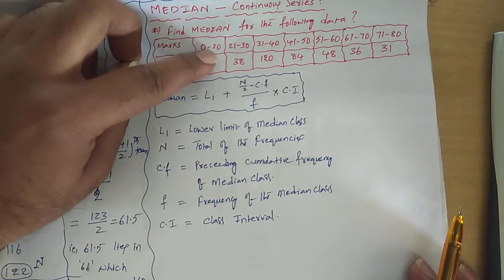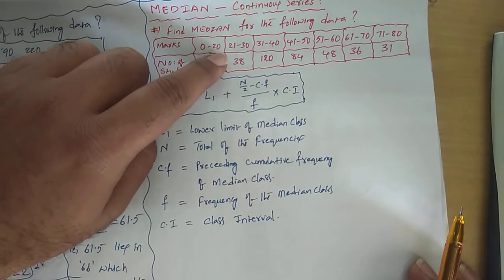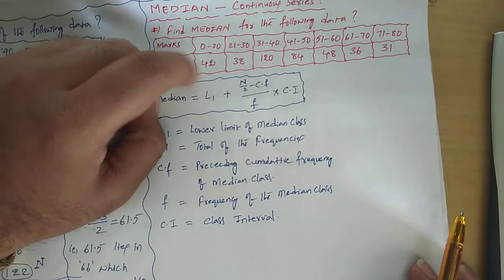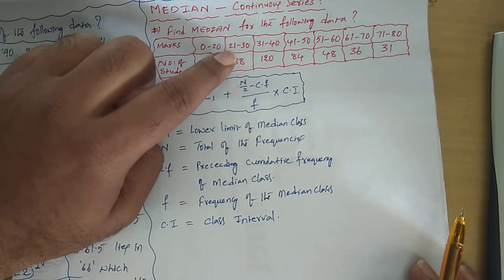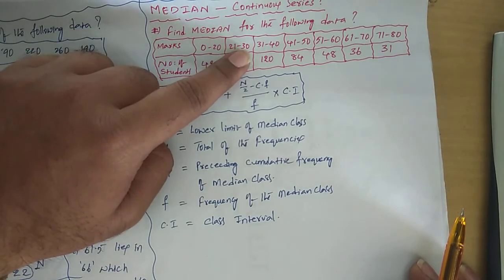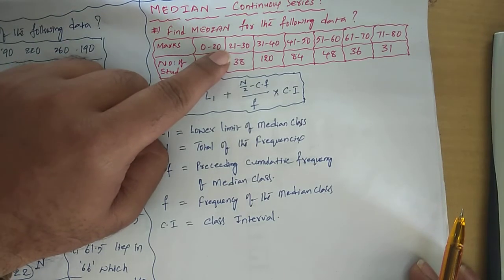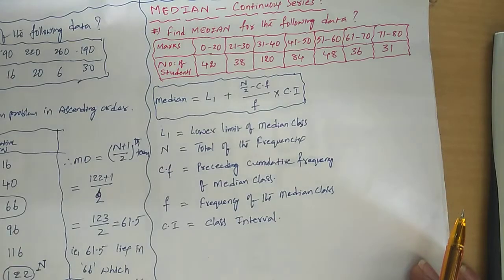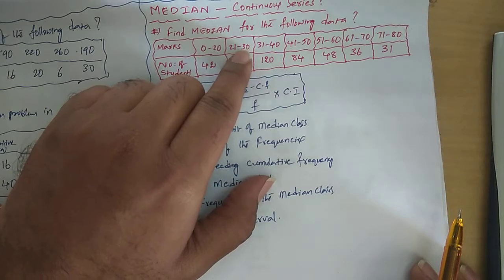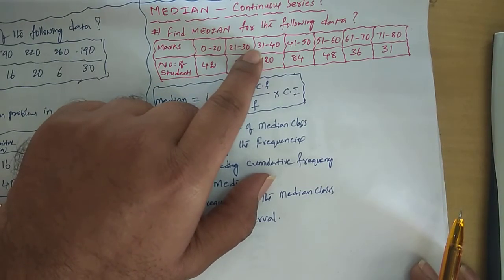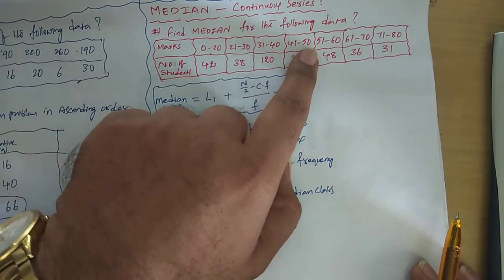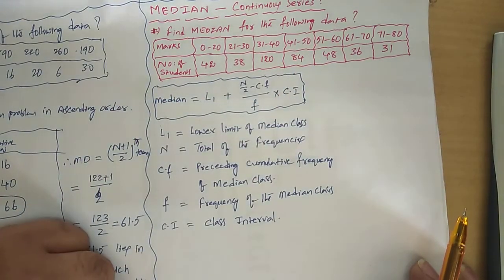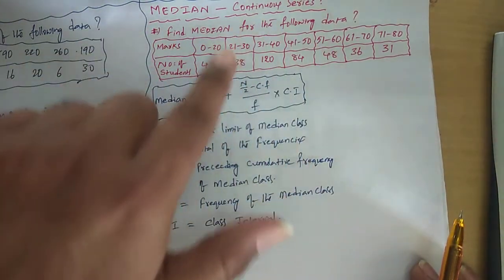So here if you see 0 to 20, again continuous data means that the next interval should start from 20 to something, like here 30 to something. But what is there? 0 to 20. Again what is the value? 21 to 30. Discontinued. Then what is the gap between 20 and 21? 1 unit gap is there. Same way, up to 30, these values are there. Again a gap happened. Now again the starting values are 31 to 40, again here 41 to 50, again 51 to 60. That means this data is not in the continuous format.